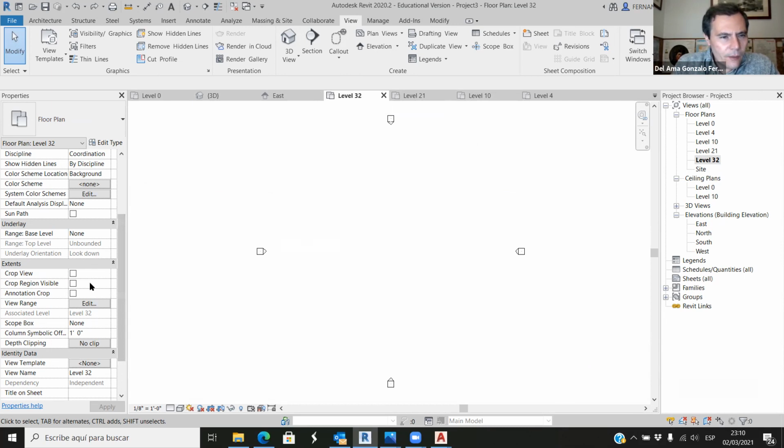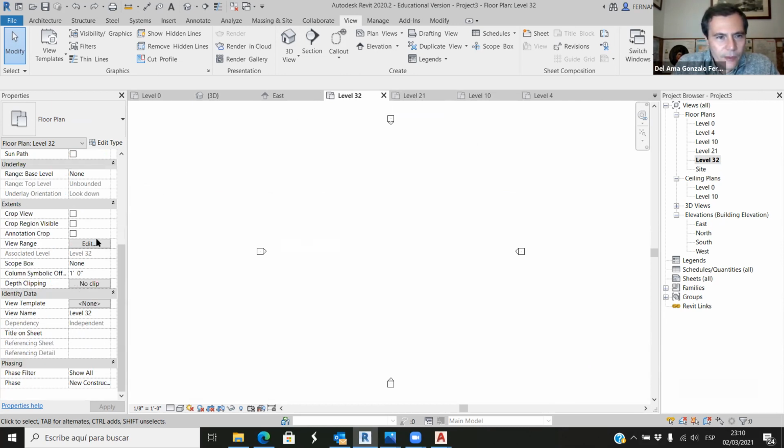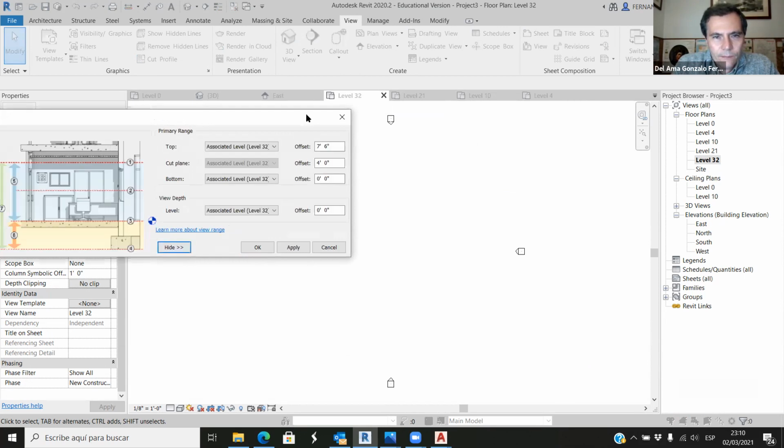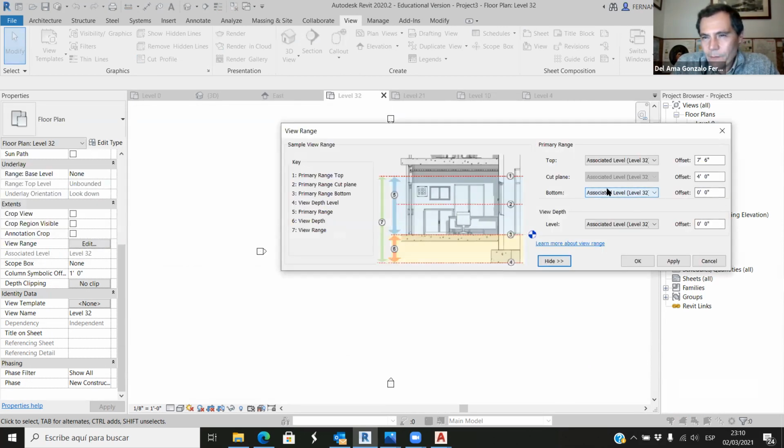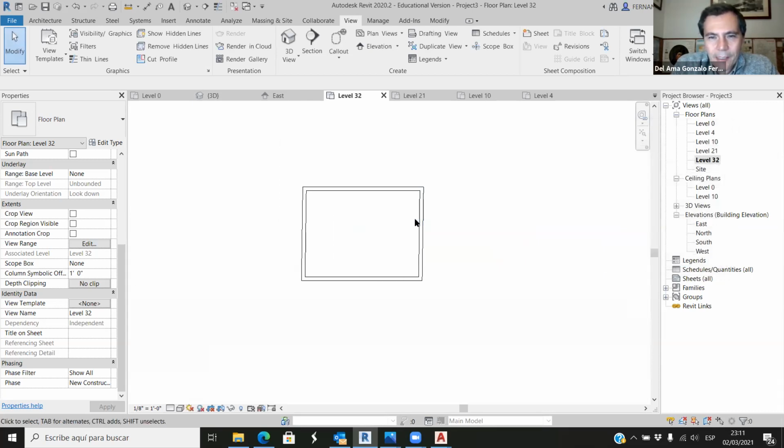So let's work with this view range. I'm at level 32 now. I do this. So what do I do? What do I see below up to level 32? And what is the view depth up to level 32? I'm going to first change this. Let's say negative 1. Apply and okay. Now I see something because my view depth is level 32